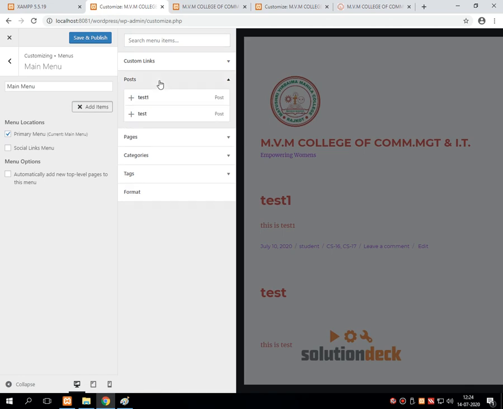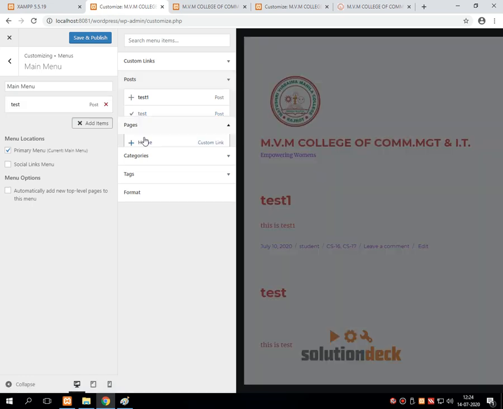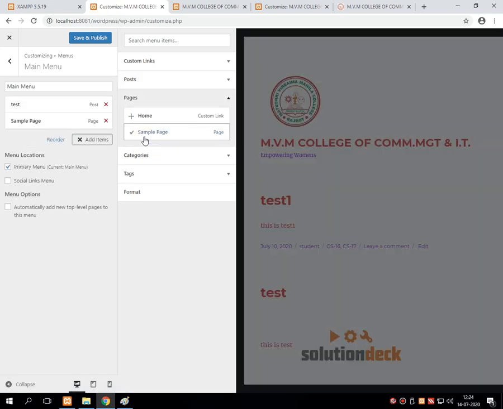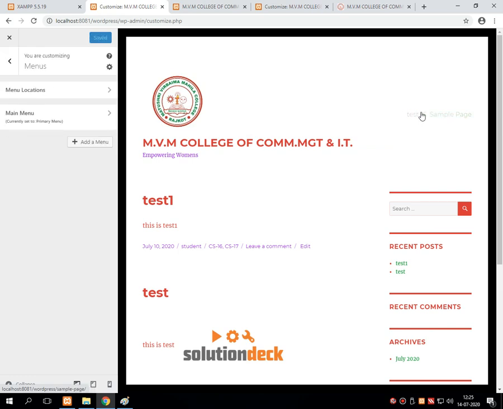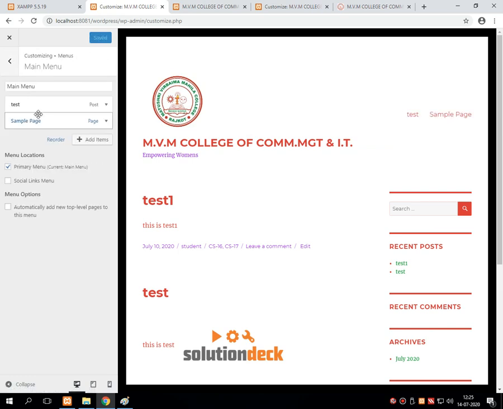select any portion. Say for example I am selecting one portion from post and another portion from page. Press save and publish. It will show these two things on the screen, but I want to set one inside the other one.